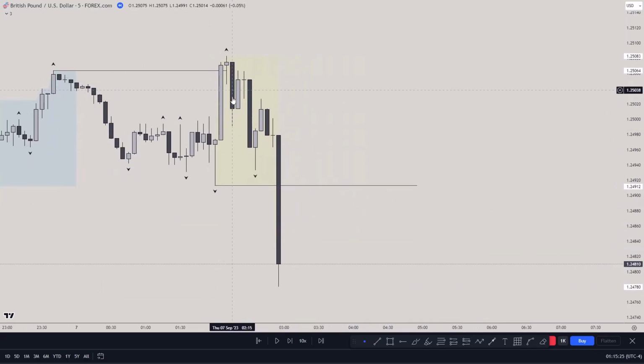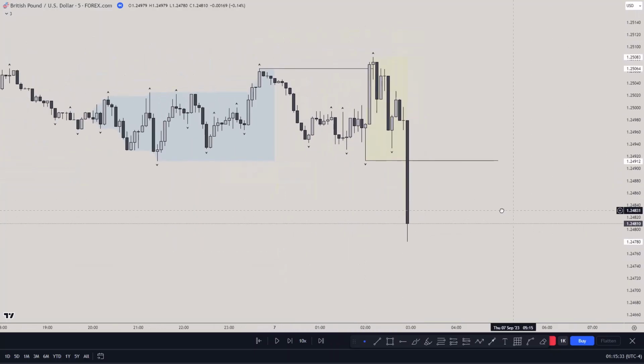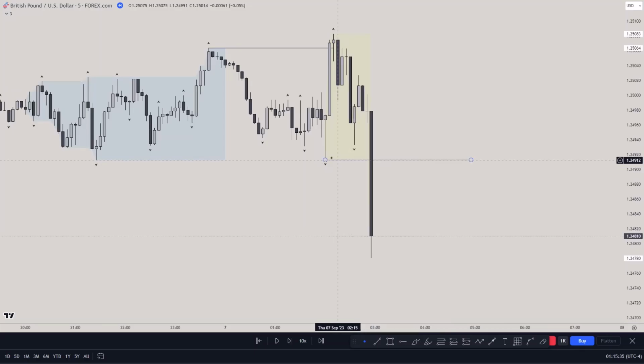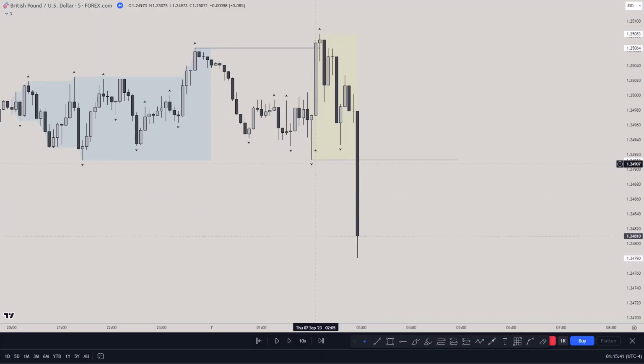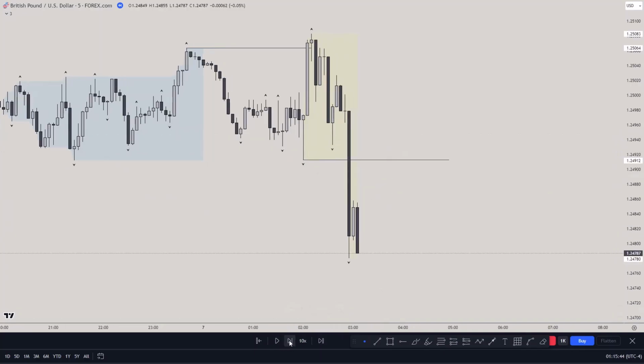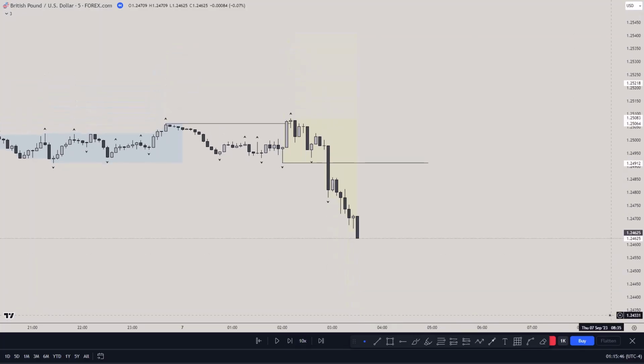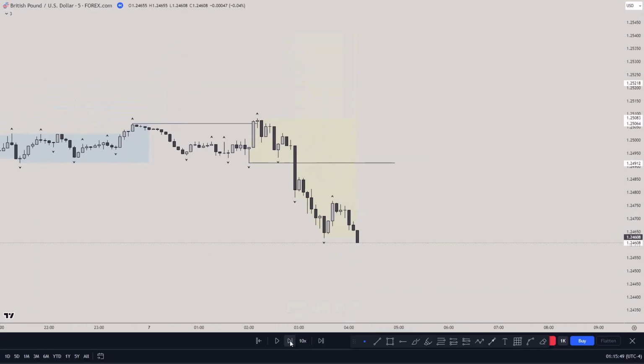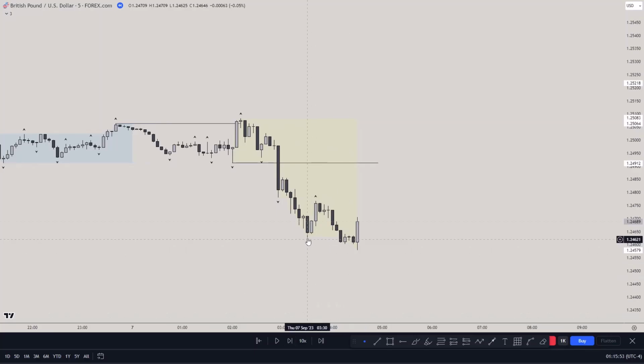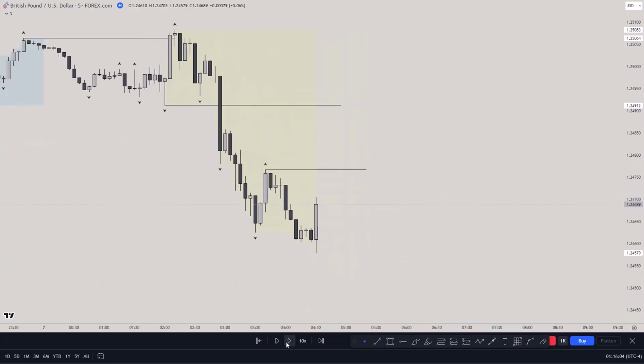And price here was respecting a mitigation block. So mitigation block, price coming lower, mitigation block respected, price coming lower. So at this point it's not really the best one, but I think this level might hold, either this one or this one, but most likely this one. It's gonna hold price to go lower. Say okay, actually price doesn't come there, and there is a fair value gap there. So okay, we have a liquidity sweep here. That's our high, so a potential entry right here if price breaks above this level, right? So let's see,